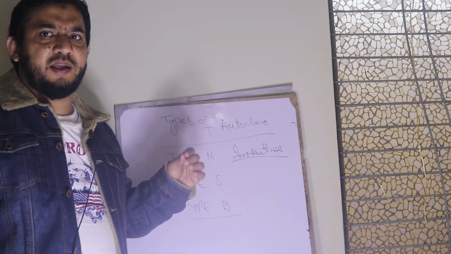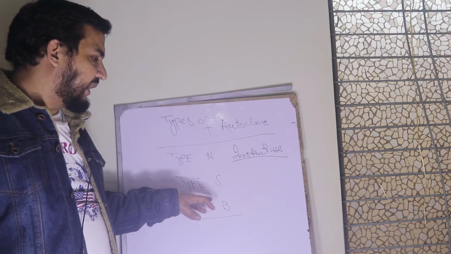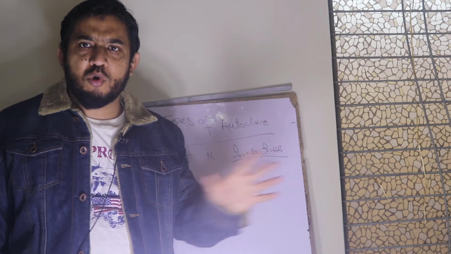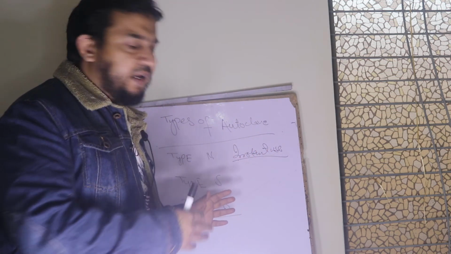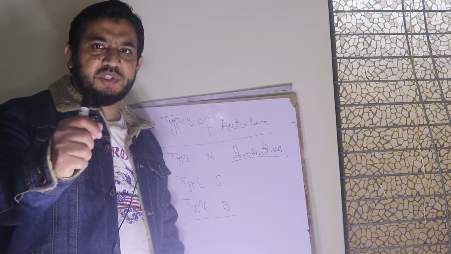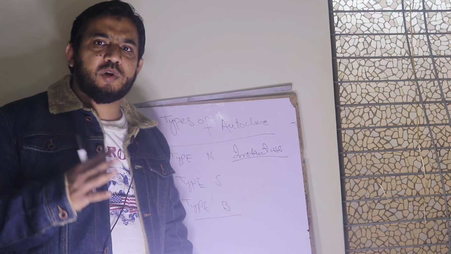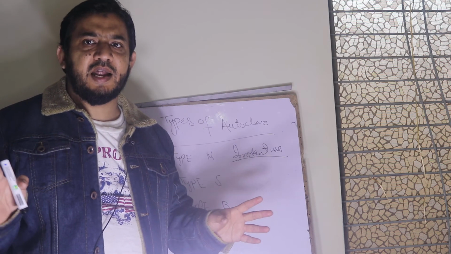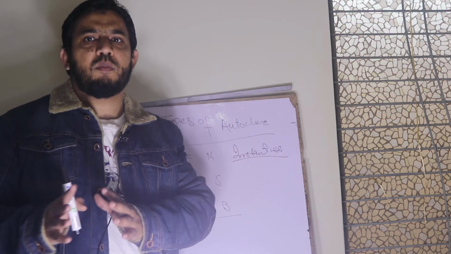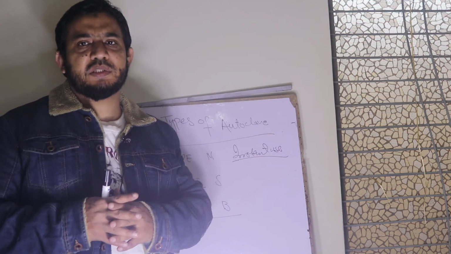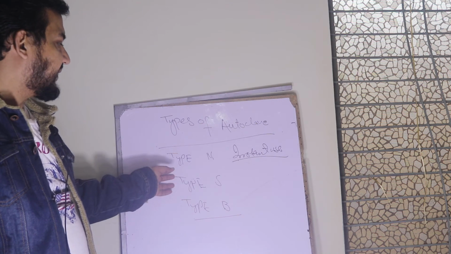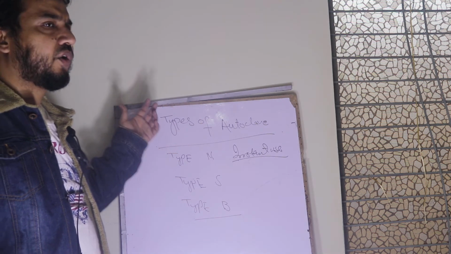The most important thing is that in the B class, the instruments we get at the end are dry, not wet as in the case of S and N class. When we insert the pouches, they come out dry and then the cycle is complete. If they are not dry, it means there is some problem in your sterilization process. So wet instruments will not be found in type B class. S class is a simple class, N is a normal class.